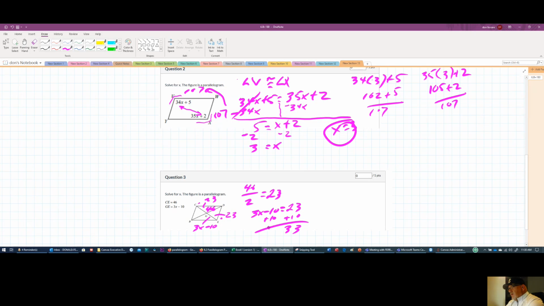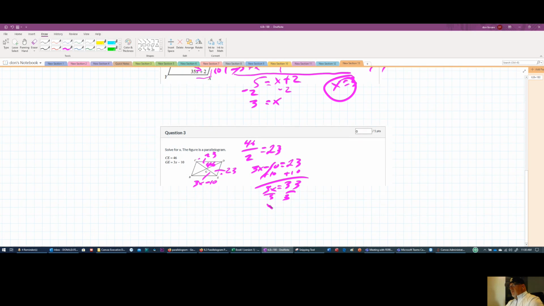Okay. And I got 33 is equal to, this cancels out, 3x. Divide that by 3, divide that by 3. Let me mouse down a little bit here, and I got x is equal to 11, okay? Now, so we know x is equal to 11. Another way we could have done this was we could have said,